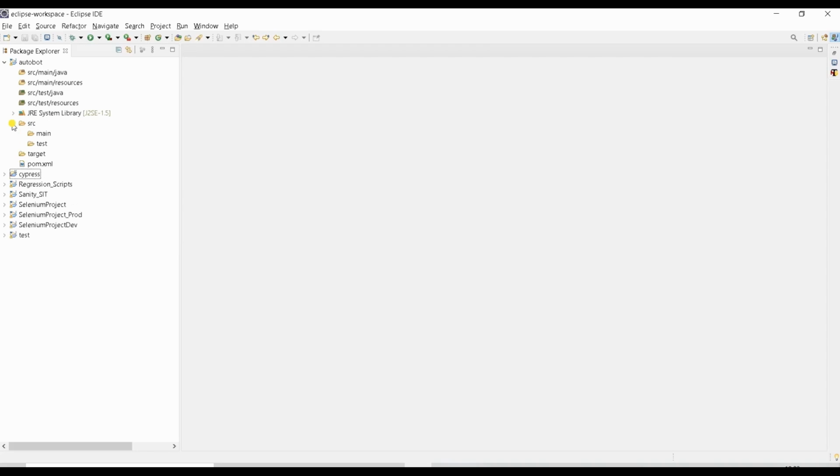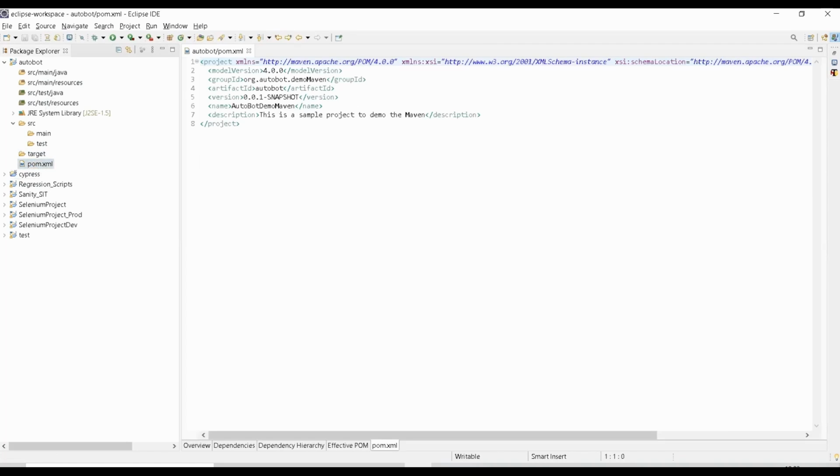Okay, so that's it, and here you will get the src folder where you can get the main as well as the test files which you're going to create over here. Okay, and this pom.xml is nothing but the file which we have mentioned, it is like a configuration file. Okay, so here you will get the details, like what is the artifact ID, what's the name of your project, and what is the group ID of your project.